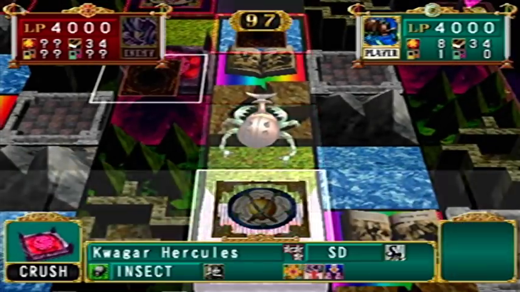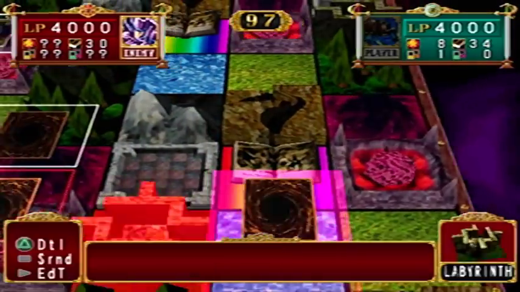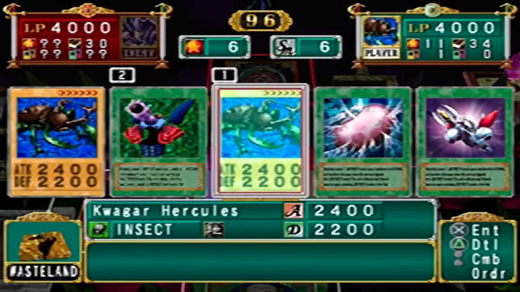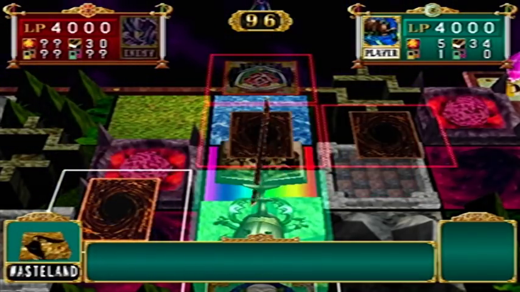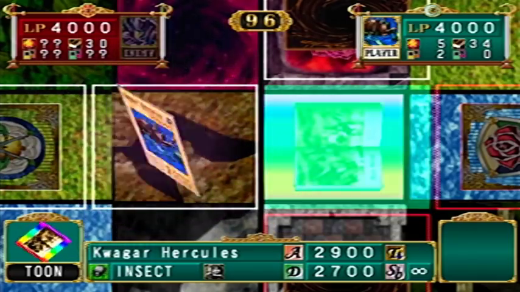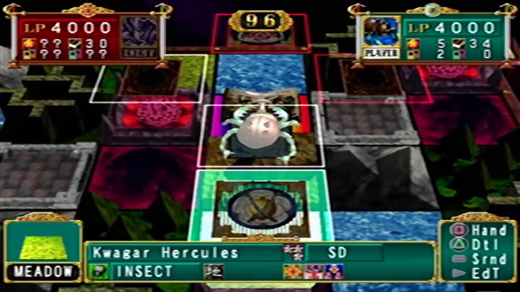Ooh. Bully him into that corner. Classic strategy. Alright. And of course we get Paralyzing Potion. We just get absolutely owned by this guy. But of course, it's not really a big deal. We have 5 summoning power and Quagga Hercules, so...